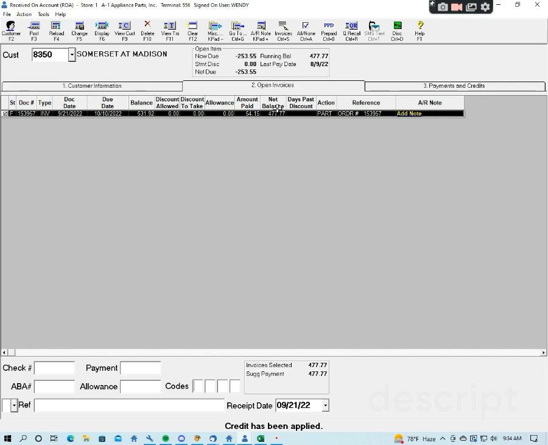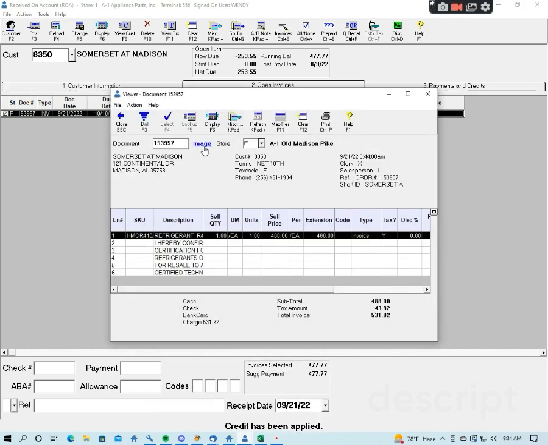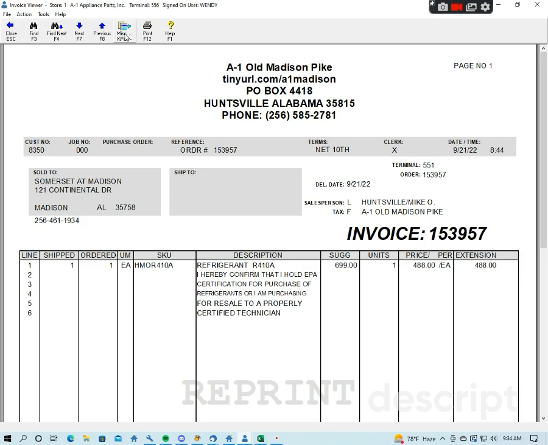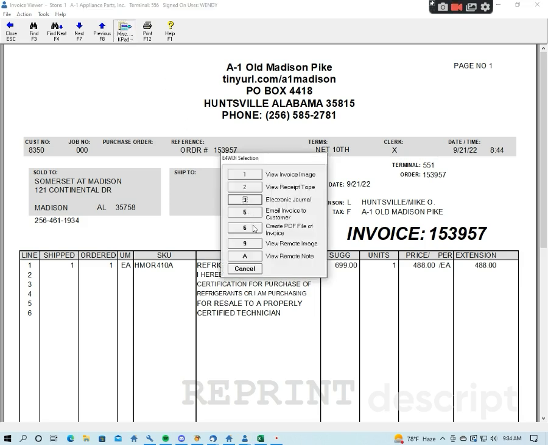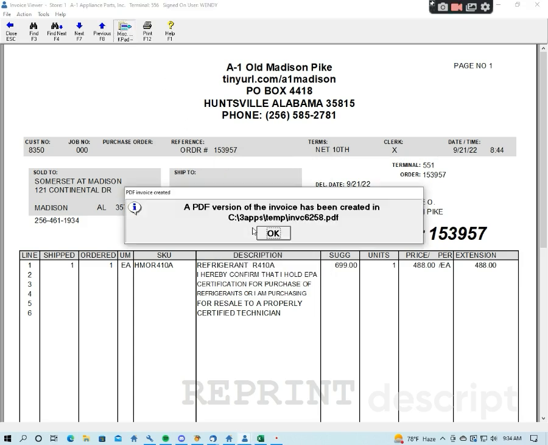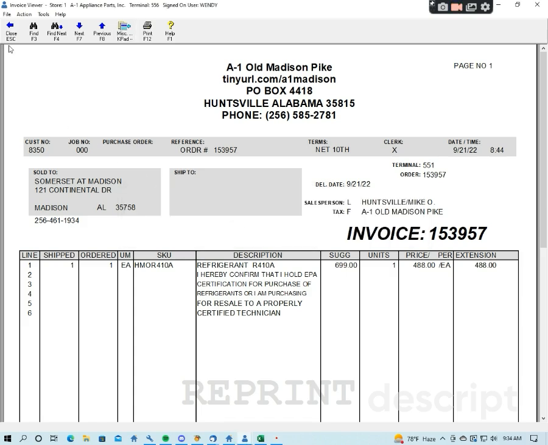Well, I cannot put a new invoice in here. That will mess up everything. So what I do is I take the invoice that they just paid on and I print it to a PDF, which you should already know that that's saved in the C drive, and all these folders is how we'll find it in a minute. I can write this down if I can't remember what it was. So I've saved that,